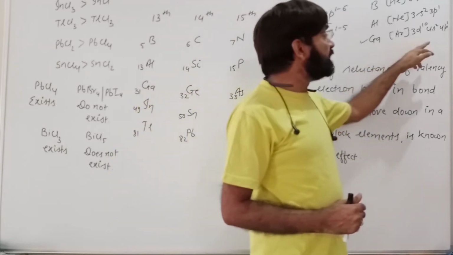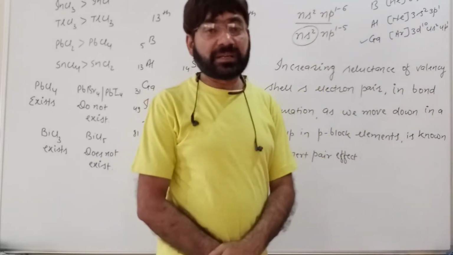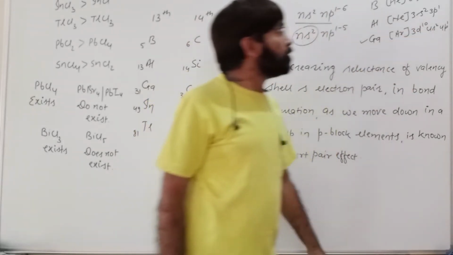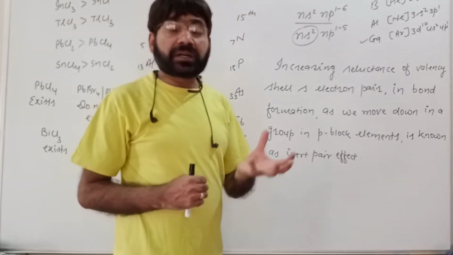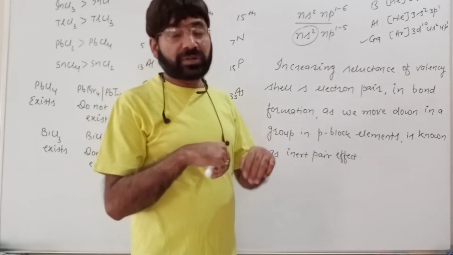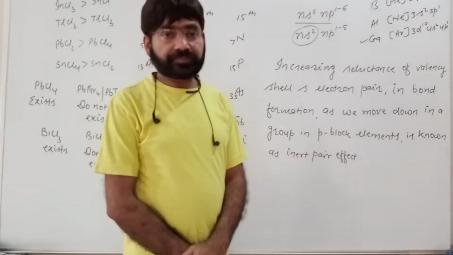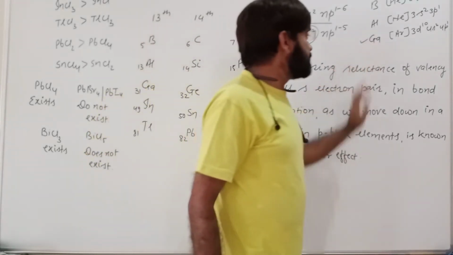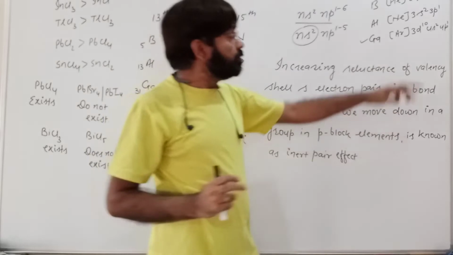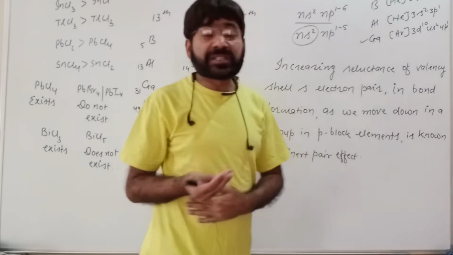And if these are tightly held, this means their involvement in bond formation will be lesser. You're getting my point? This poor screening effect of d orbital electrons causes quite a shrinking in the size of the atom. And as the size of the atom shrinks, the hold of the nucleus over the outermost electrons is more. When we talk about the inert pair effect, it is observed over the s electron pair; p electrons are lost quite easily. So the reluctance of the s electrons becomes more.